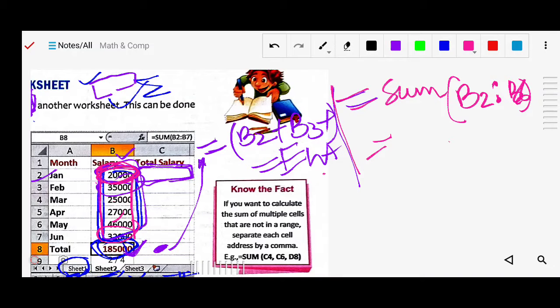Another method is renaming the range. If you have renamed the range you selected, you can use it for future purposes also. That is the extended version of selecting the range. So these two methods you have already discussed. Now here, suppose whatever formula we have done in Sheet 1, either this one or this AutoSum function, we will copy it to the next sheet, because I don't want to write these formulas again and again.